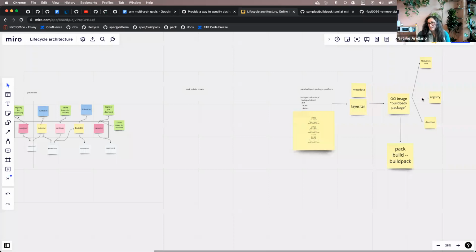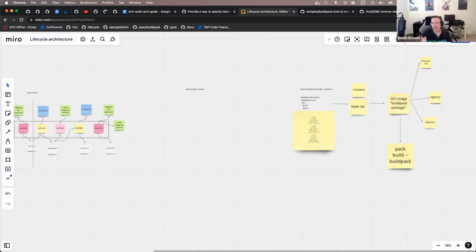Yeah, the daemon is just the source of all our problems, honestly. If something doesn't work for the daemon, we just say, well, it would be easy enough to say the multiple platforms are not supported on the daemon. Go to a registry and pull it back down. Sorry, it's fine. I don't think that's a huge blocker, especially not for the summer.